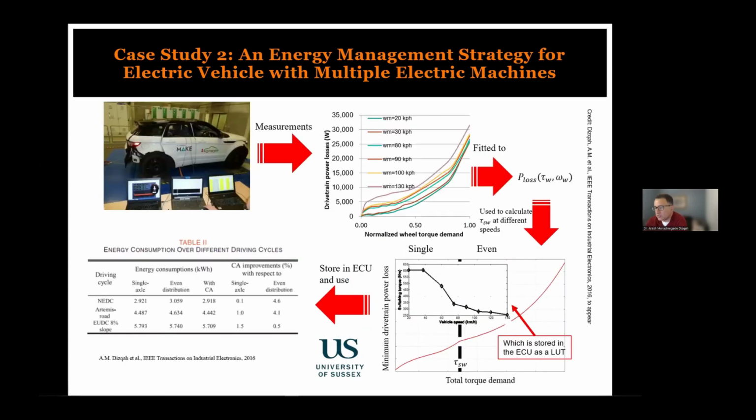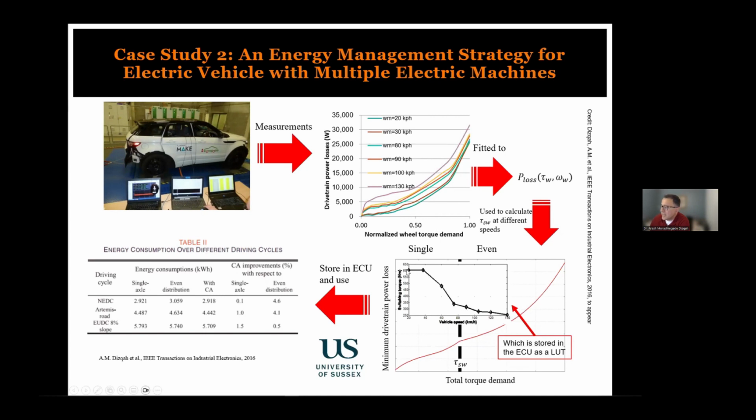single axle solution. We then used the system that we had for deriving the power loss curves of the vehicle at each speed of the vehicle. We fit it to those power loss curves that the algebraic equation uses, and then we solved it for each of the speeds of the car, and we found a switching torque for